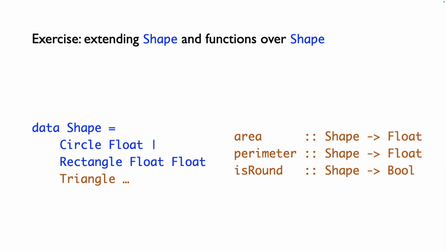Now, another exercise is for you to extend the data type of shapes to include triangles. And I leave that to you. You'll need to add a new constructor for triangles, depending on how you want to represent them. And then you will need to extend the functions for area and perimeter and is round